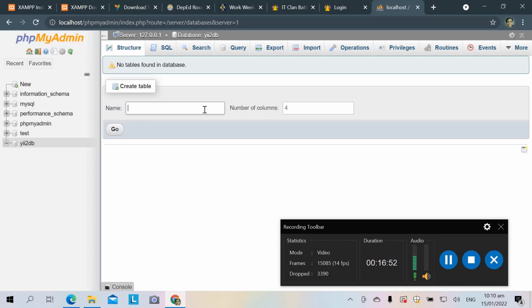So usually in that database, you can create one database with unlimited tables. Okay, it depends on how many tables you need to enter data,